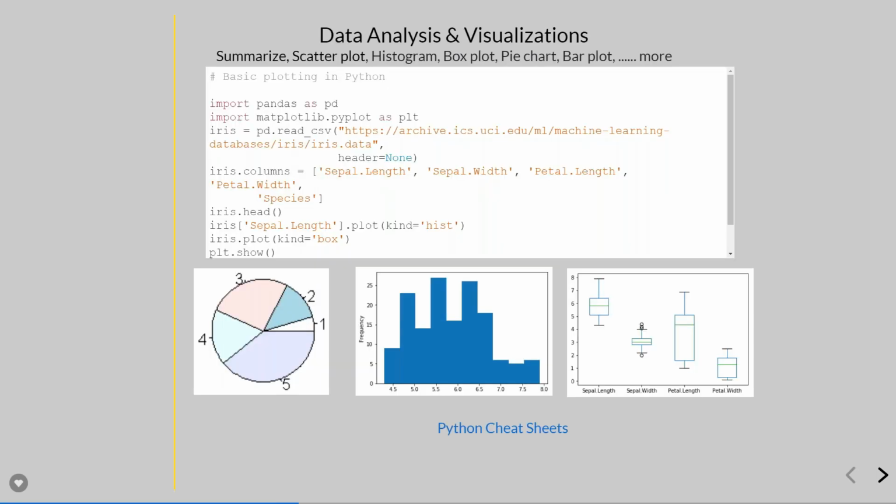Now how the data analysis works, you can see I framed some data. Here I have taken one data from